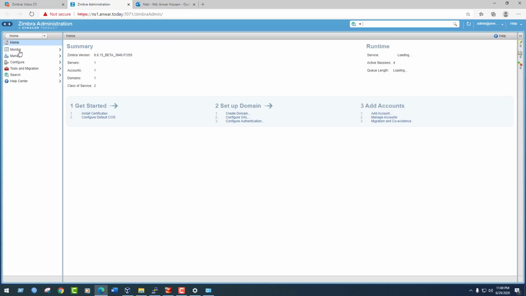That's how you can configure a Zimbra mail server on a single server. In the coming videos, there will be a lot more to explore in Zimbra, how we can go deeper, and more about the admin console. For your installation reference, I have given complete documentation with CLI, which will help you during your installation and